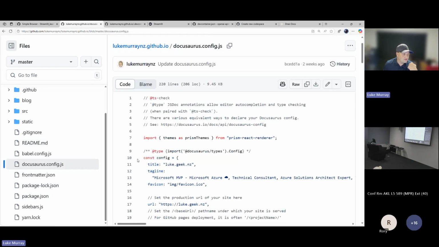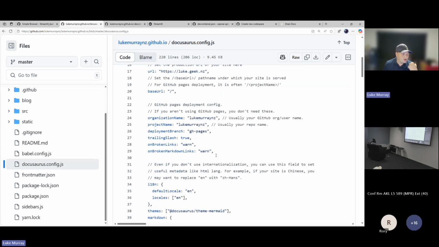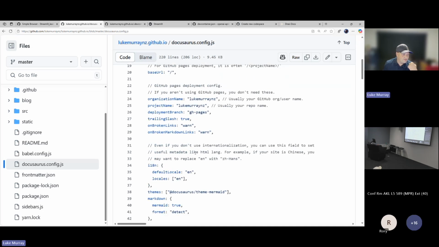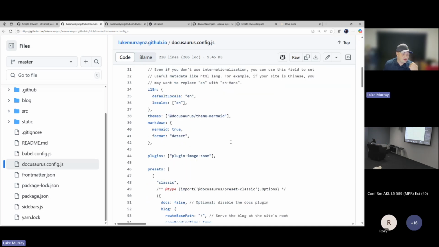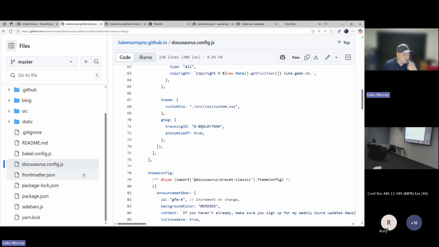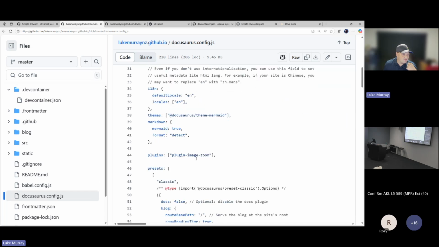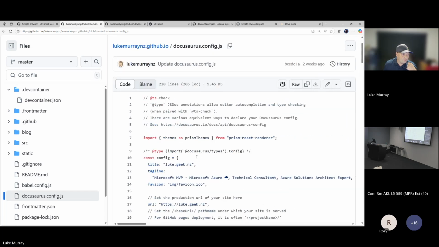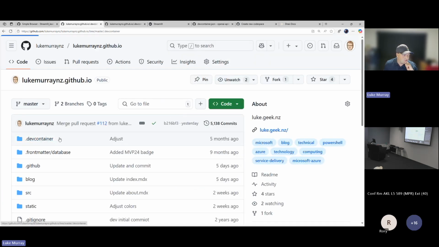It's got my configuration on how Docusaurus is set, the theme, for example, and it's got my package.json file. All I need to do is specify an npm install of the packages, and then I can host a local copy of this within the codespace itself. But the